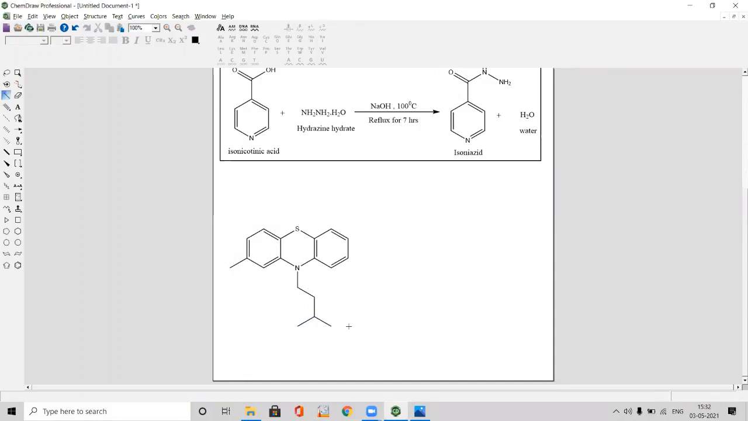So like this, you may get so many different kinds of substitutions at this nitrogen position. So this is how you need to draw the chemical structure. Now let's draw